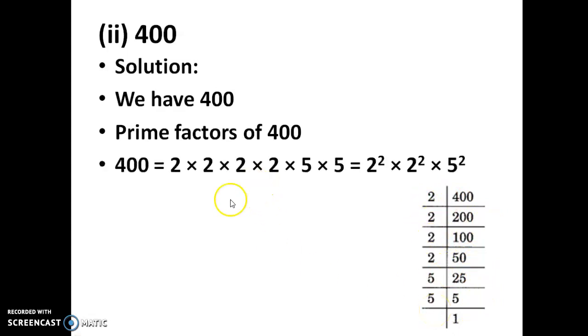Now how to write it? We will write 400 equal to, as many times as you divided, 2 into 2 into 2 into 2, then 5 into 5. Here how many pairs are there? You have to write it. So 2 square into 2 square into 5 square. If you take root, root of 400 equals 2 into 2 into 5. 2 into 2 is 4. 4 5s are 20. So the square root of 400 is 20. Next number